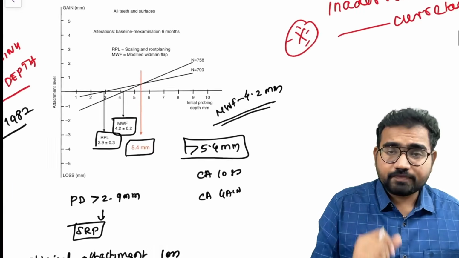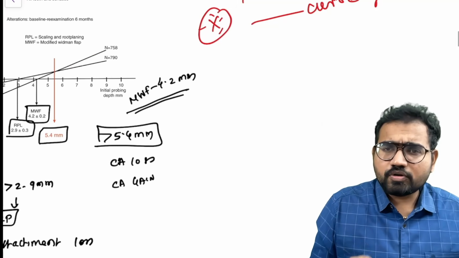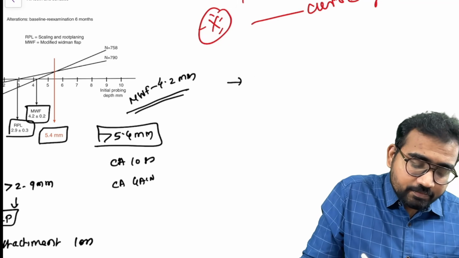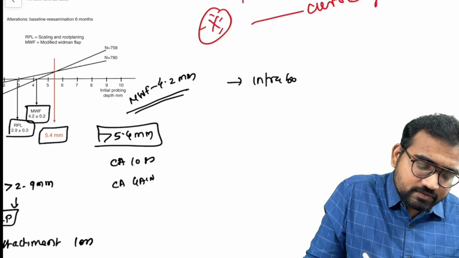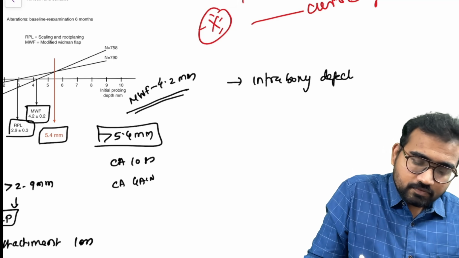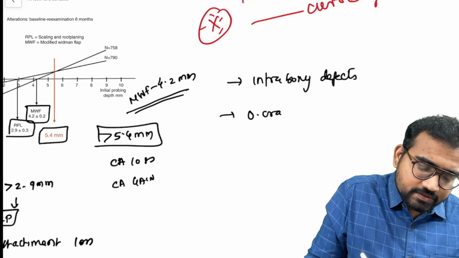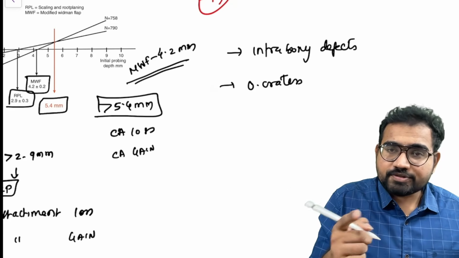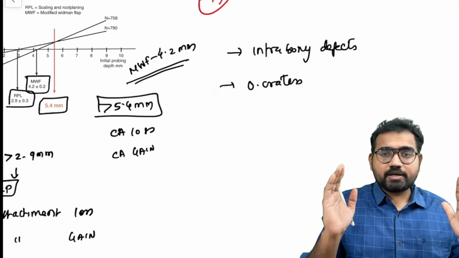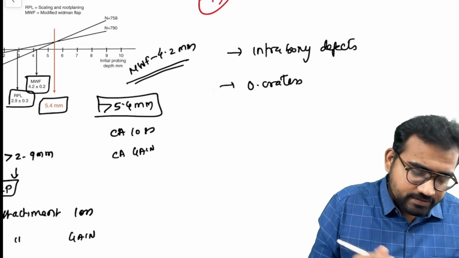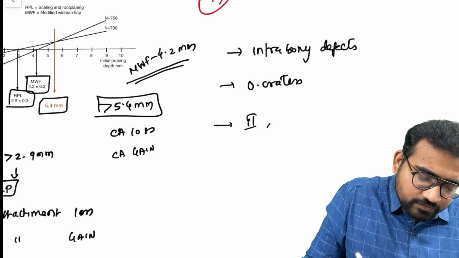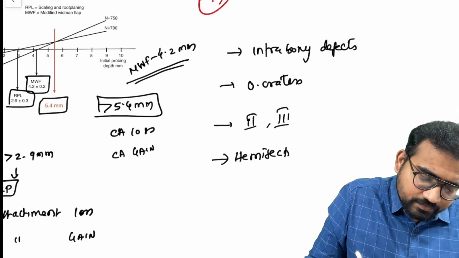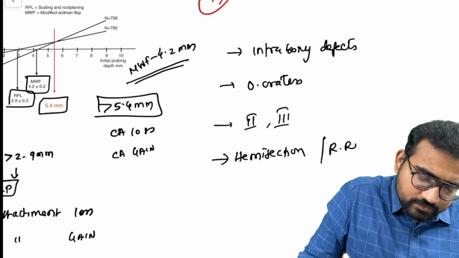Speaking about the indications, overall who needs flap surgery. Patients with infrabony defects, and patients with osseous craters, a pattern of bone destruction. Osseous craters account for one third of total defects and two-thirds of mandibular defects. The buccal and lingual walls will be the same, and there will be a depression in the center. Next, grade 2 and grade 3 furcation, hemisection or root resection,